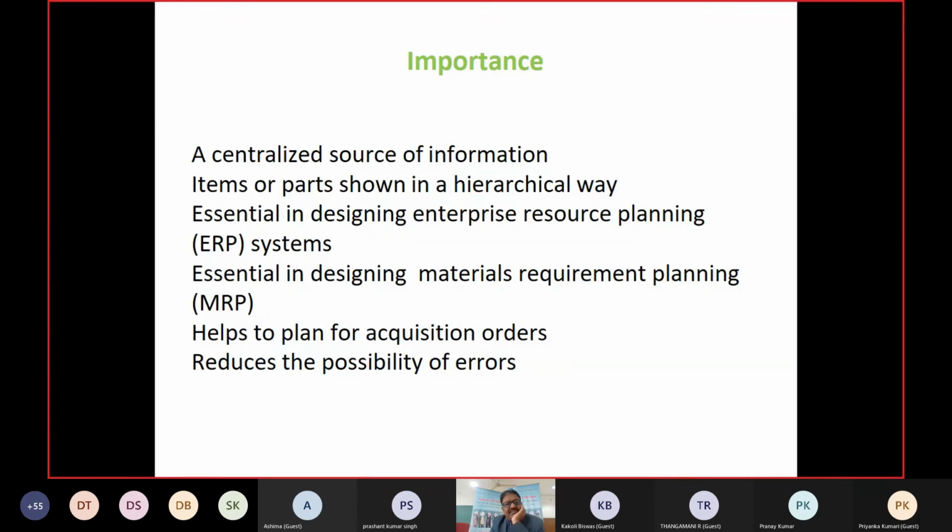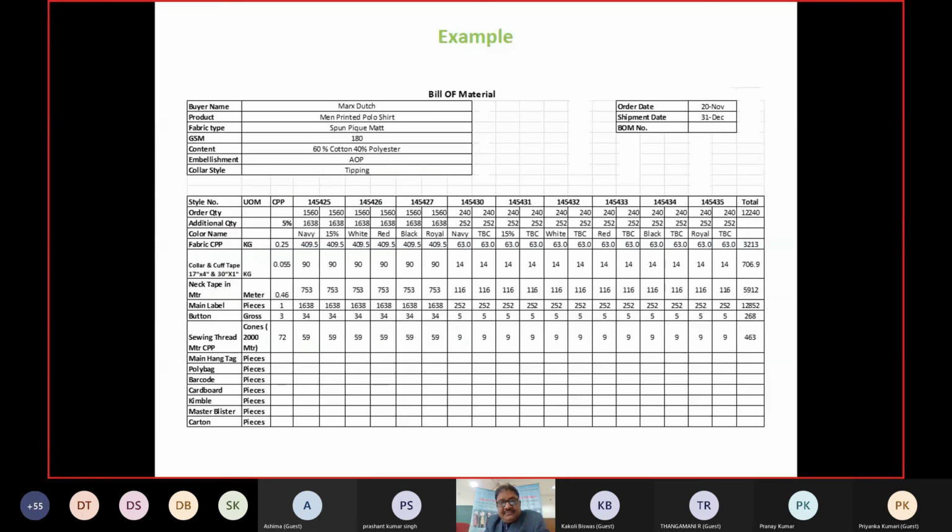Items are parts shown in a hierarchical way and essential in designing enterprise resource planning, ERP, and material requirement planning, MRP. It helps to plan for acquisition orders and reduces the possibility of errors. So the BOM is very integral, very important and significant for the manufacturer and for all the people involved in the manufacturing of garments.